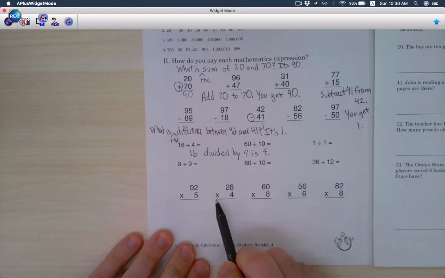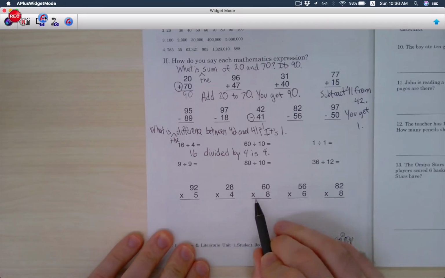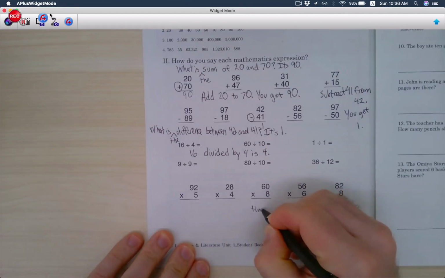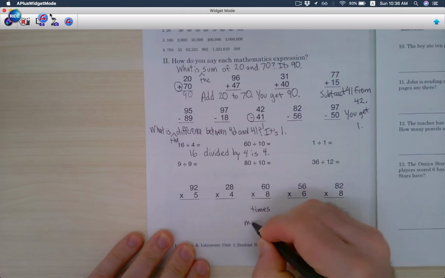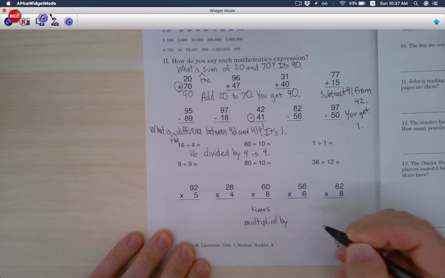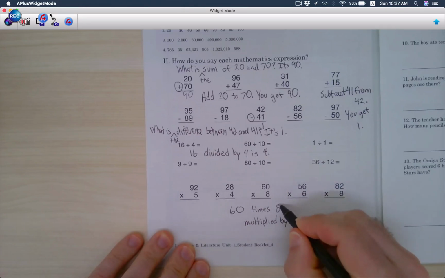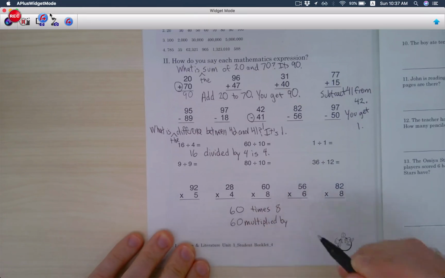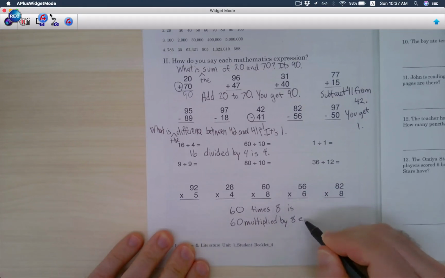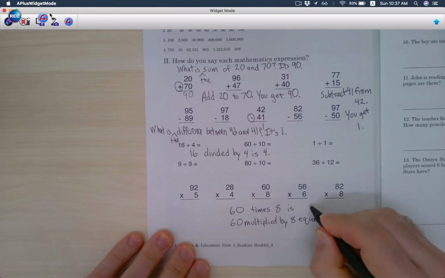Last, with our multiplication, we used the word times and multiplied by. So 60 times 8, or 60 multiplied by 8 is or equals, what's the answer? It's